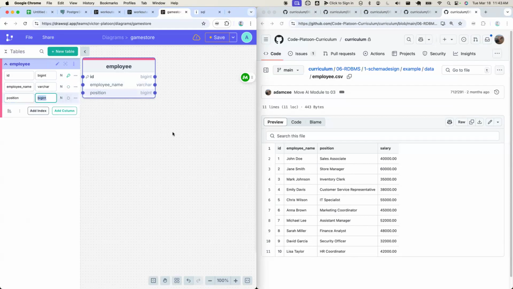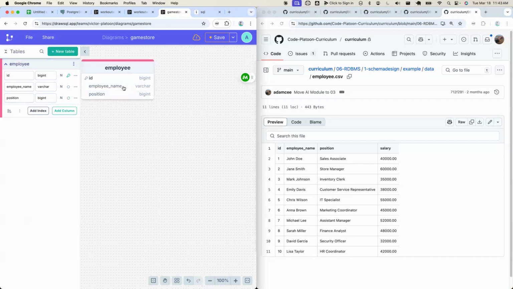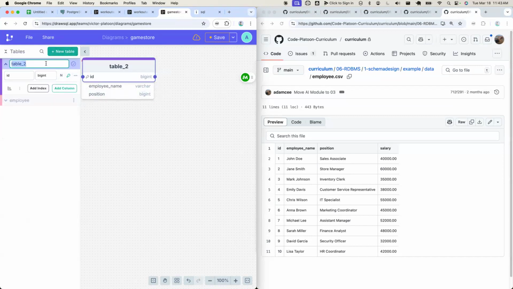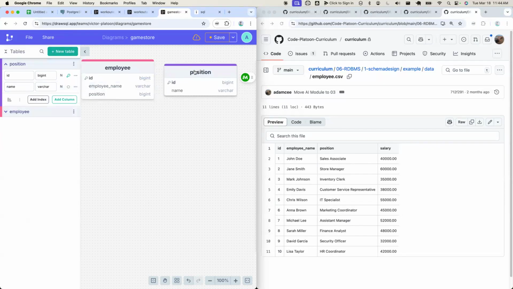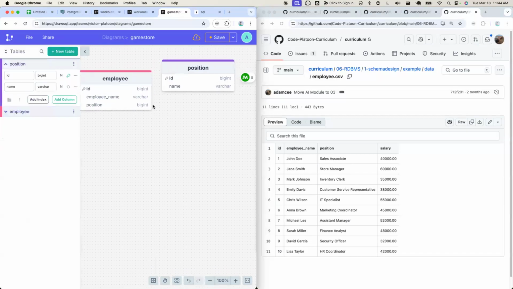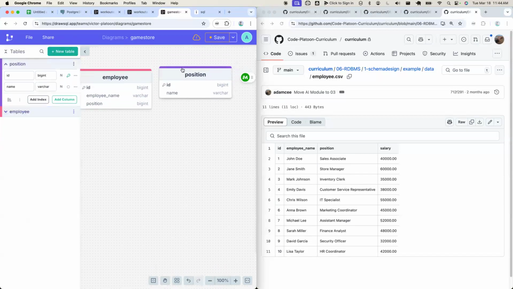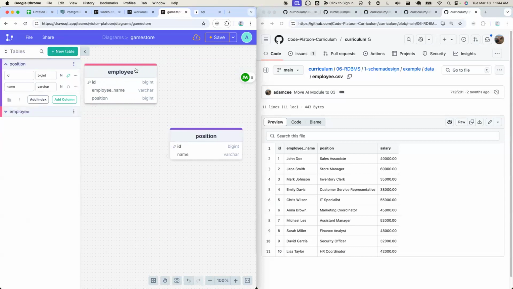And in fact, this one might be a good one. Maybe I do want to make a separate table for position. This adds a little complexity, but just for sort of learning purposes, I think it's kind of cool. So a position will have a name, and it will be a varchar, and we'll put it over here. Now, to do this requires some extra work when I'm actually importing the data, because I've just created a new table and I'm actually modifying the